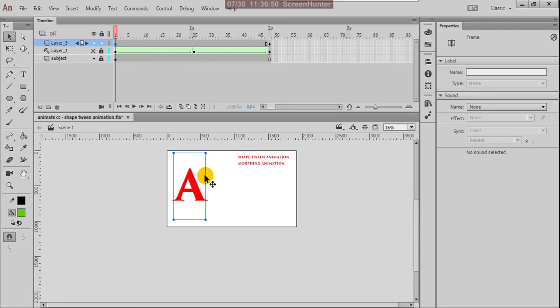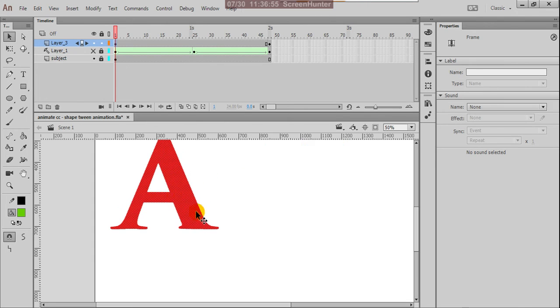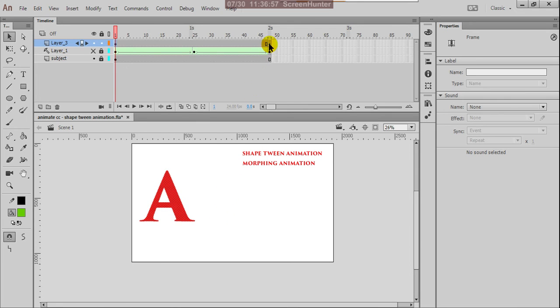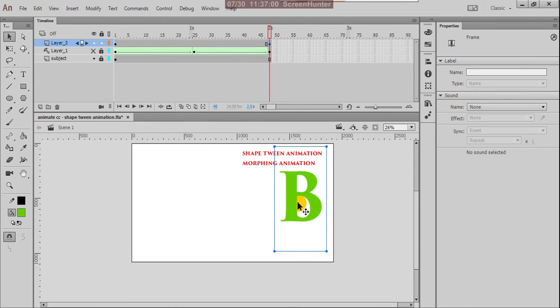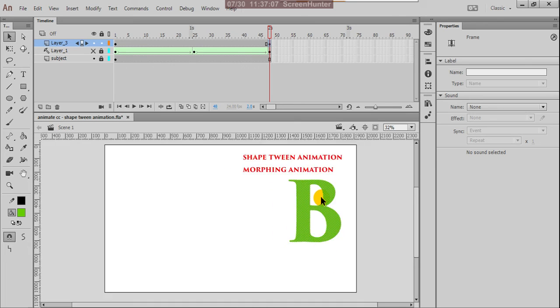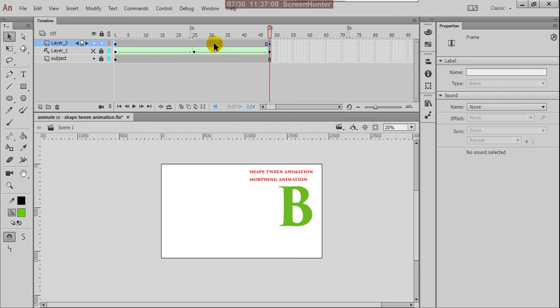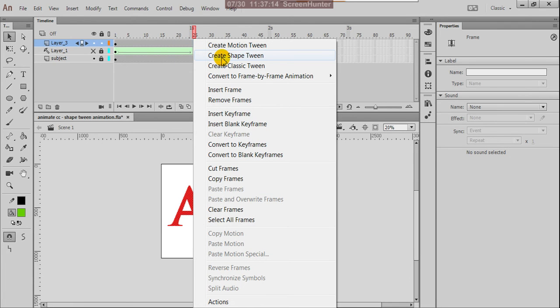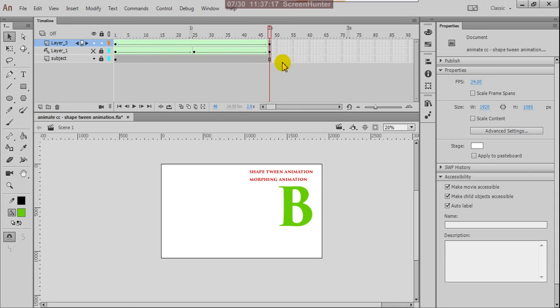make it Control B. See, it is divided. Now here also you can Control B, so it is changed from pixel-like into a shape. Then between these two, now you can create shape tween. If you observe this, A is becoming B. Okay, it is nice. Let us check what will happen.